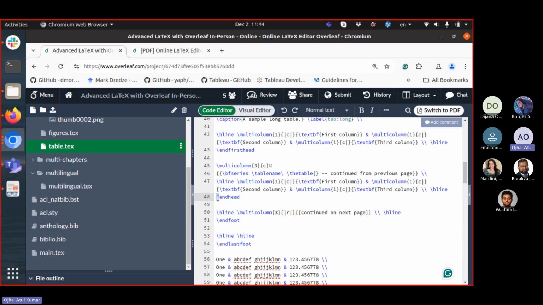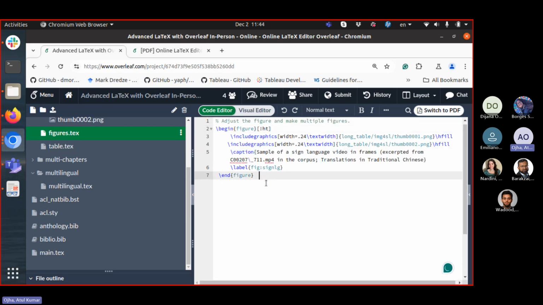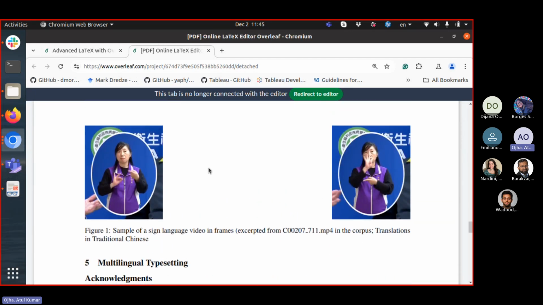Okay, I can explain one more thing, then we can go for a little bit of exercise. So one thing is how to insert 2 figures in one caption. Okay, I'll explain via example, that would be more interesting. Suppose in one figure you want to demonstrate multiple figures in one caption. Because you might think, I want to do a comparative study, or I want to highlight some